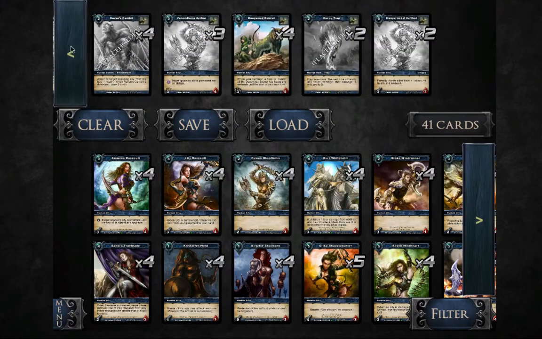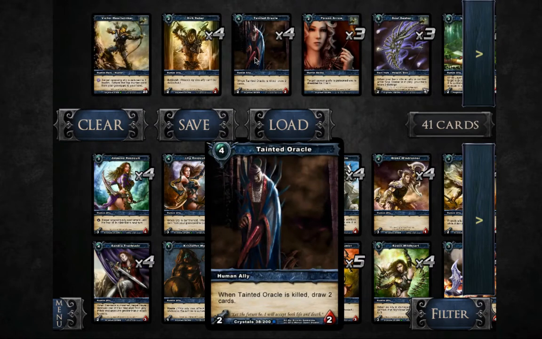allies, if you look. And, I don't know, it slowed me down. Tainted Oracle still slows you down, but it lets you kind of keep your momentum a little more than Wrath of the Forest. Especially if you get a great start, like Dirk, Midnight Sentinel,